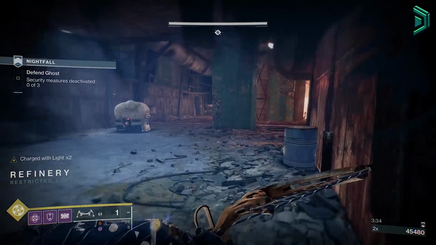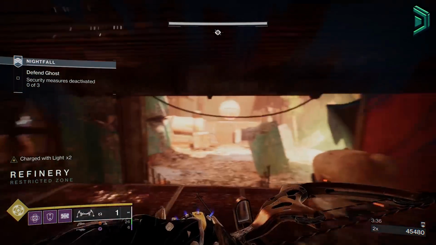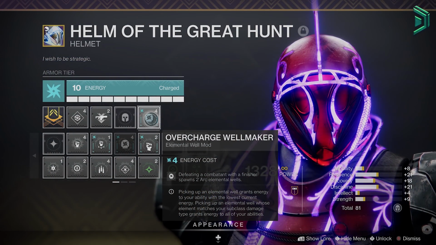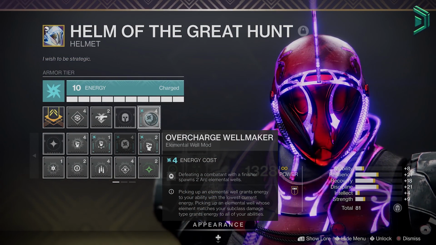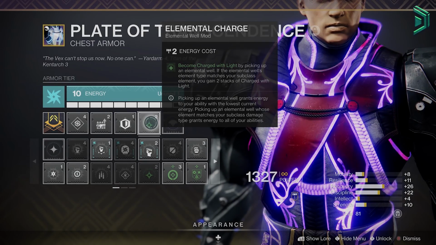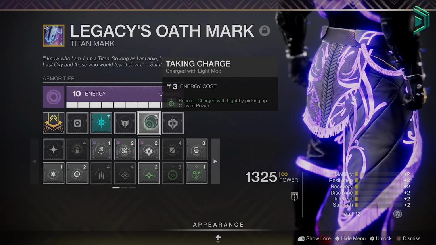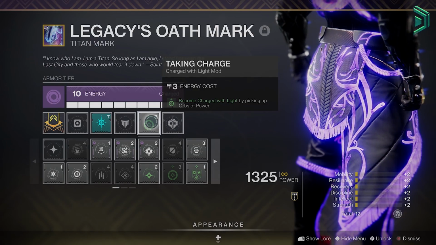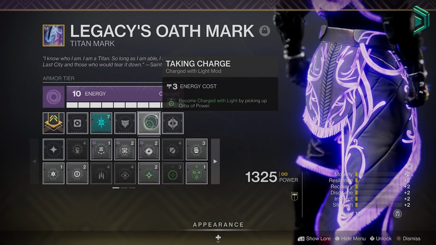Moving on to the armor mods, your main Charge Light and elemental well mods you'll want are Overcharge Wellmaker. This will spawn 2 arc elemental wells when you use your finisher. And then the next mod is Elemental Charge, where we become Charge Light when picking up those elemental wells. Alongside this, we have Taken Charge, where picking up Orbs of Power also allows us to become Charge Light, as you want to become Charge Light as much as possible, because you're really going to need it,